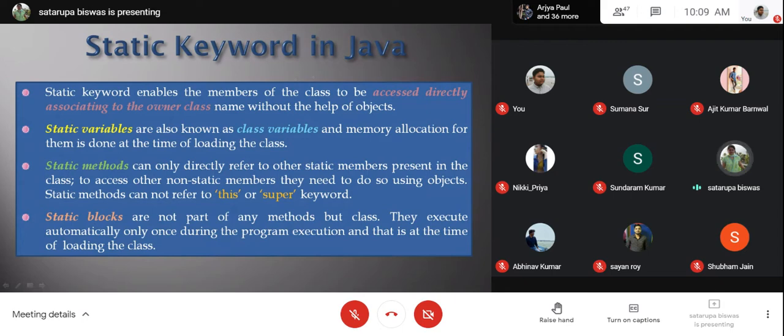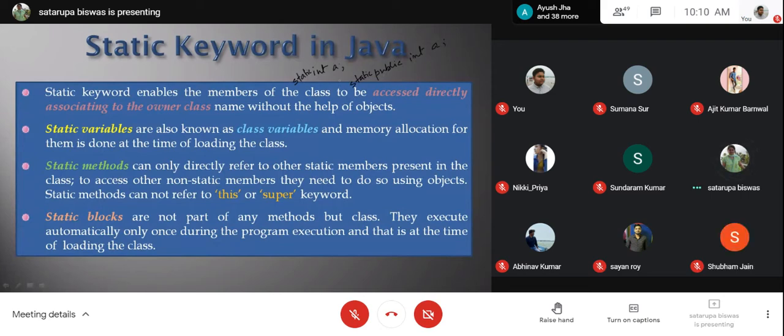normally when you declare a variable, what do you write? You write something like int a, or you like to write public or private int a. And now if I add the static keyword with it, like static int a or static public int a. Now we know that public static and static public mean the same thing, so the order can be anything.